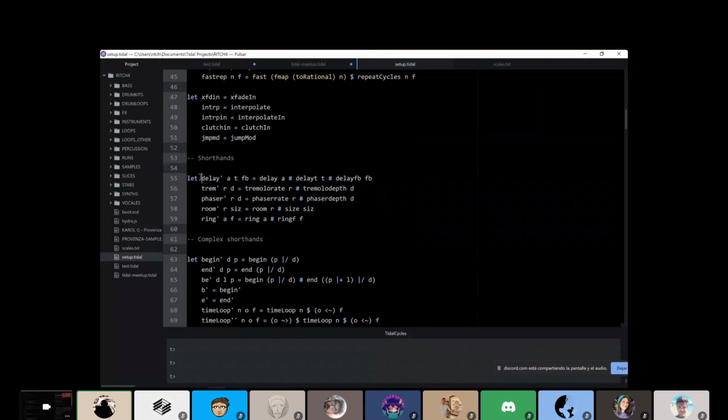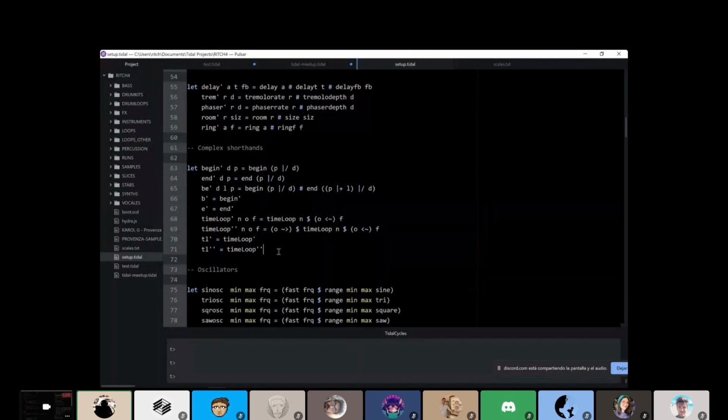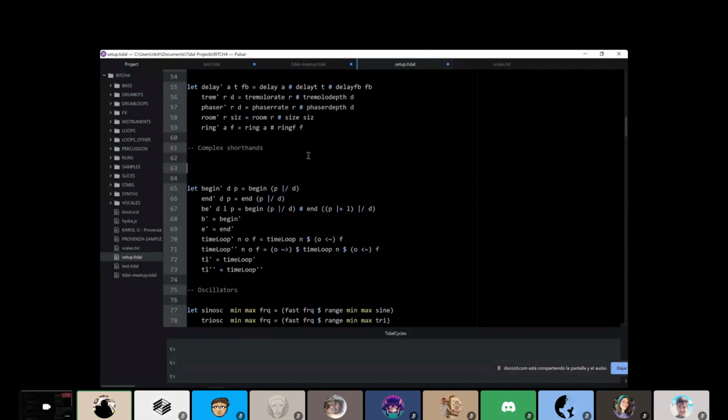For example, I know a lot of people use this one that is like delay prime, being delay with every single one of the parameters that you can set for the SuperDirt delay. Then I do the same for tremolo and the phaser and the reverb and the ring modulation. Then I have some more custom functions, like for example, since I work a lot with samples that have bar length, I have this function, for example, that lets me write stuff like